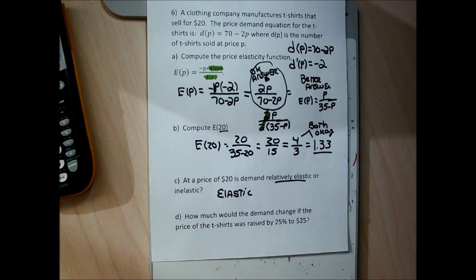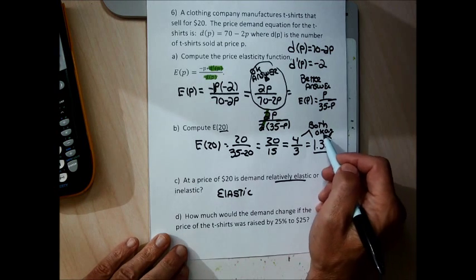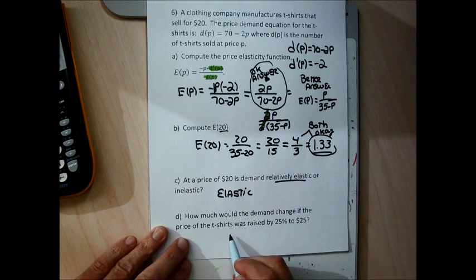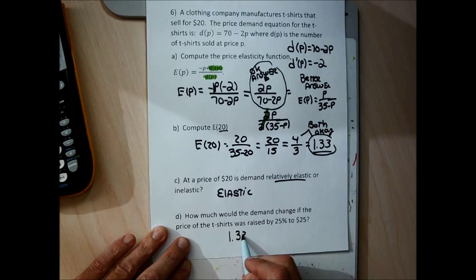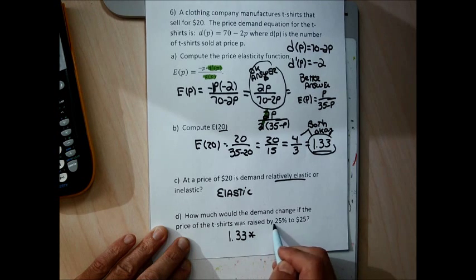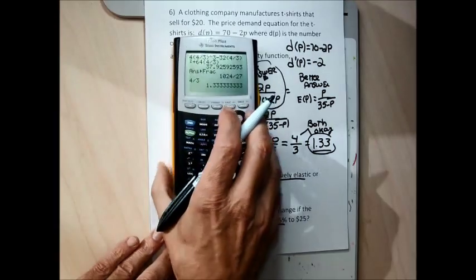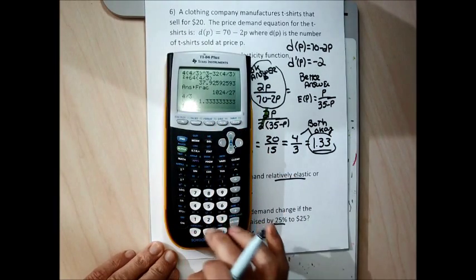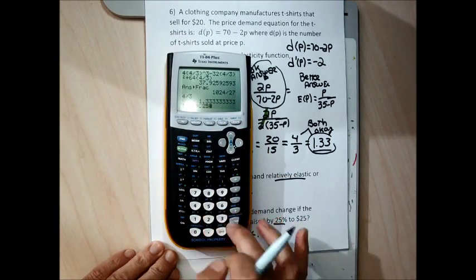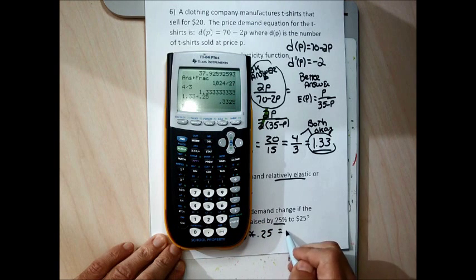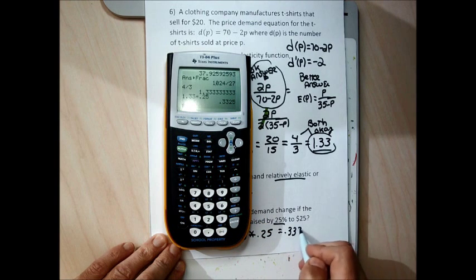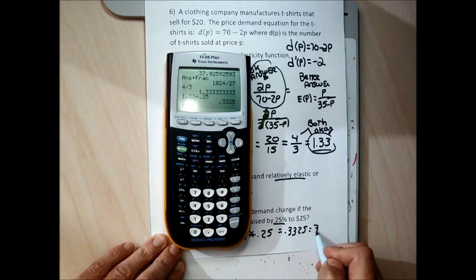To find out how much demand will change, I'll take the number that I got in part B, the 1.33, or the 4/3 if you don't want to round it, times the decimal version of this percent, which is 0.25. So I'm going to go 1.33 times 0.25, and I'm going to get 0.3325, and I'm going to change that decimal into a percent, and that's going to be